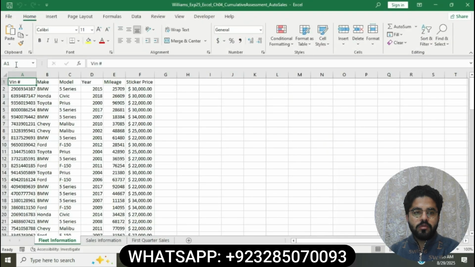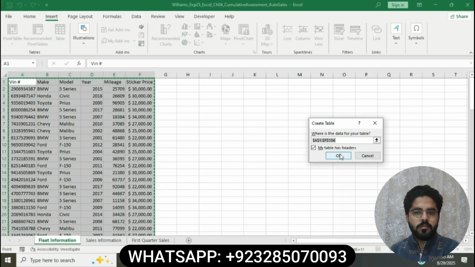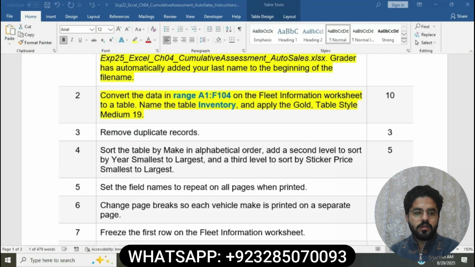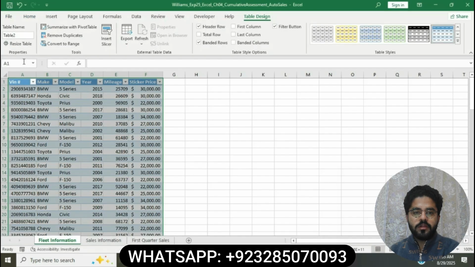Now move to the workbook, and in this sheet you will select the range, go to the Insert tab, click on Table, add the data range, then click OK. Our raw data is converted into table format. Now we have to enter the name of the table, inventory. In the Table Design section, go to Properties, and you can see the table name text field. You will have to add the table name inventory,